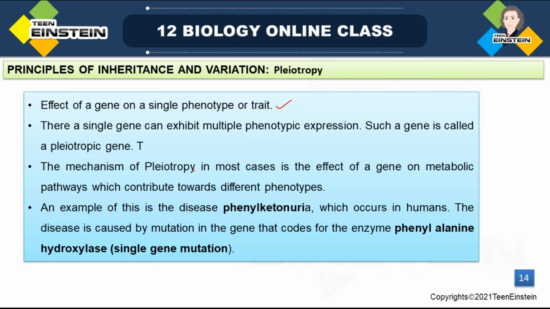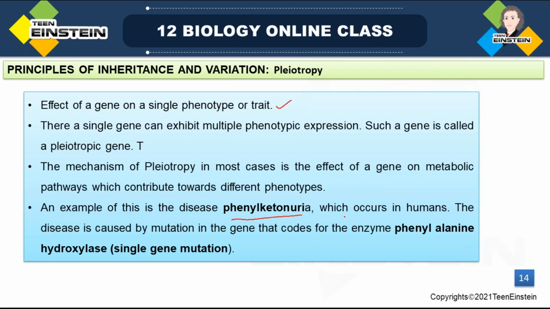The mechanism of pleiotropy, in most cases, is the effect of a gene on metabolic pathways, and this contributes towards different phenotypes. So there is an effect of a gene on the metabolic pathway, and that effect contributes different types of phenotypes. An example of this is